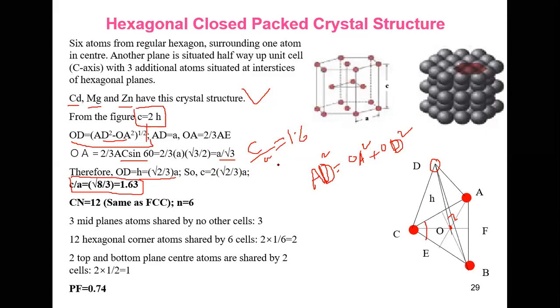Now you express C in terms of A, and B is equal to A, so you can calculate the volume very easily. Then you can calculate the number of atoms, and then the packing factor. The packing factor in this case will be 0.74, which is the same as FCC crystal. We have mentioned that FCC is one of the closest packed crystal structures. From the packing factor point of view, hexagonal is also one of the closest packed crystal structures. That is why it is called hexagonal close packed crystal structure.